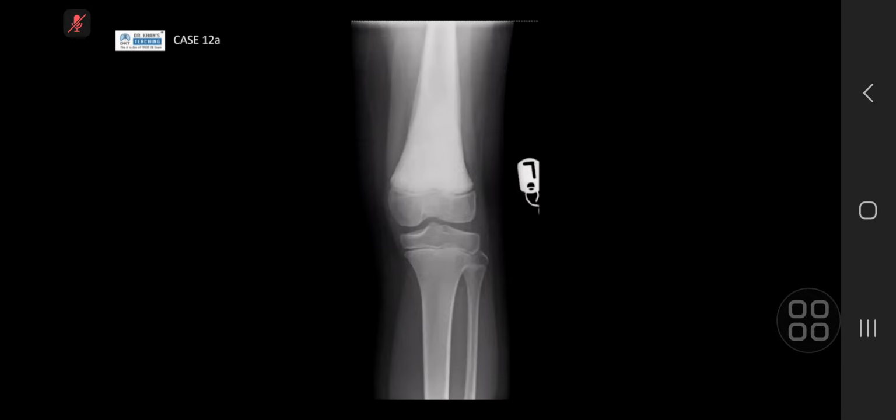The rest of the epiphysis and tibia and fibula appear normal. Soft tissues appear normal to me. So based on this sclerosis of the metadiaphyseal region,